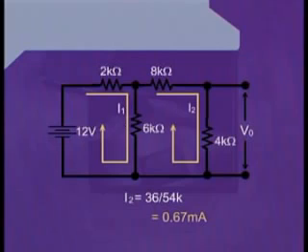And when we bring this K from the denominator to the numerator, we can write it in terms of milli factor. Therefore, I2 is equal to